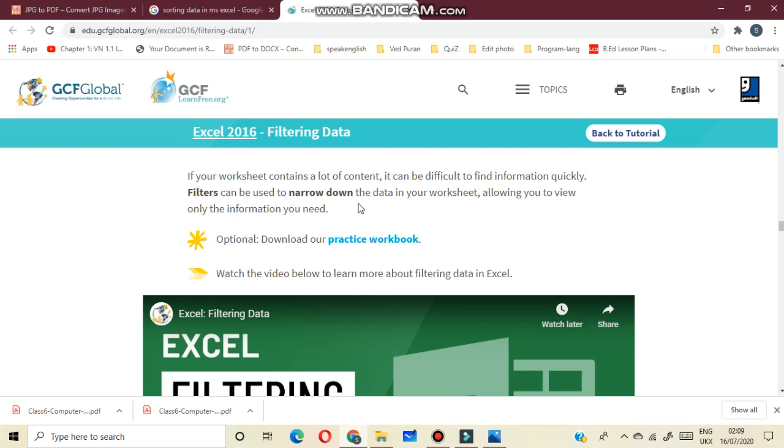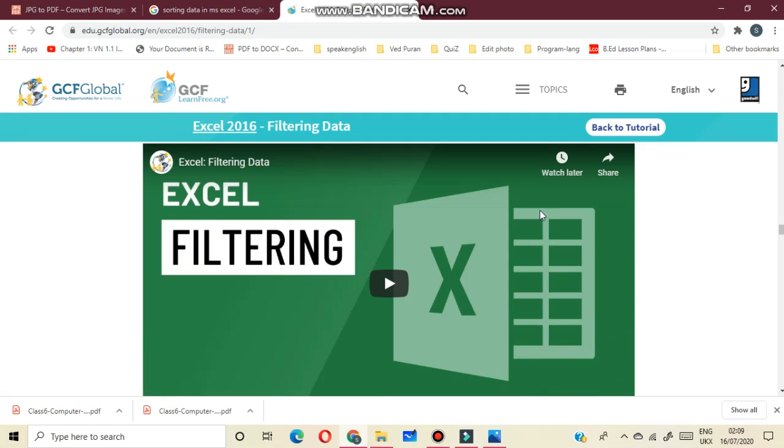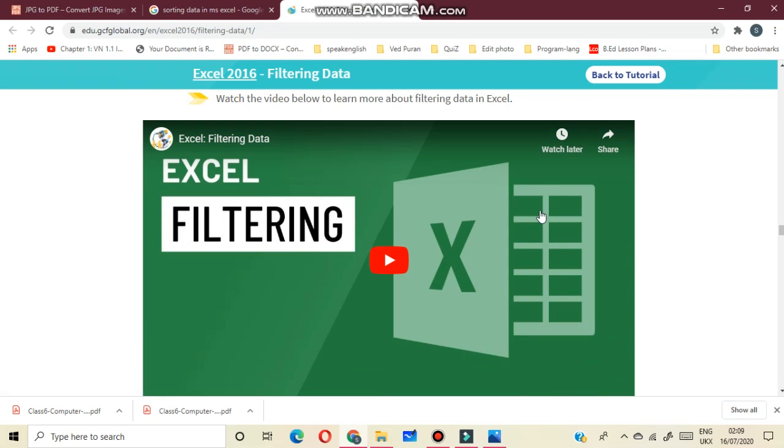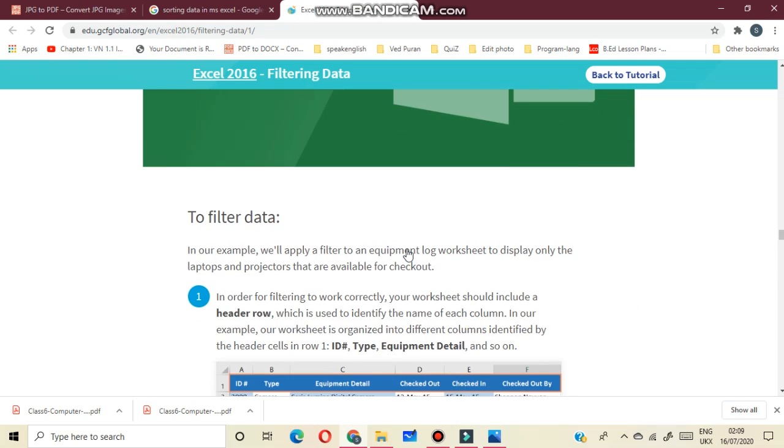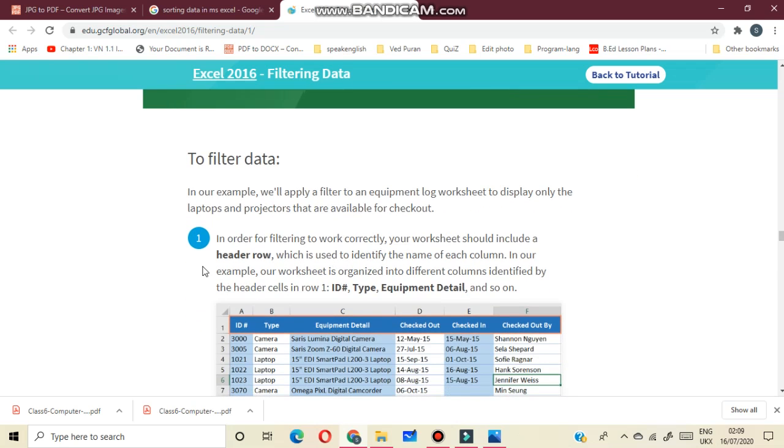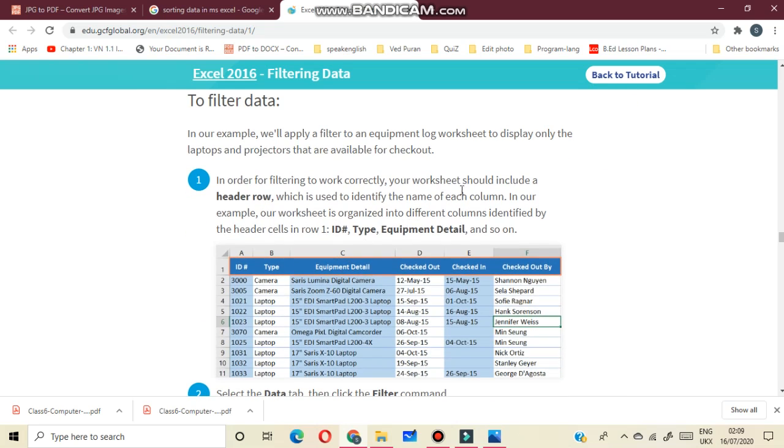Filters can be used to narrow down the data in your worksheet, allowing you to view only the information you need.